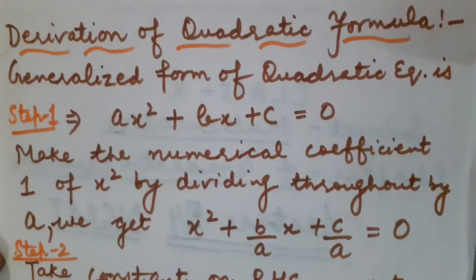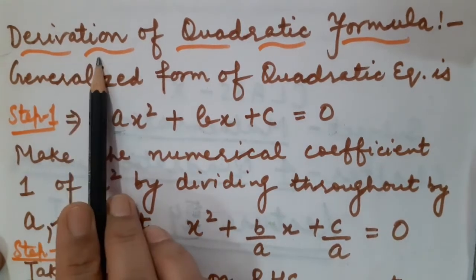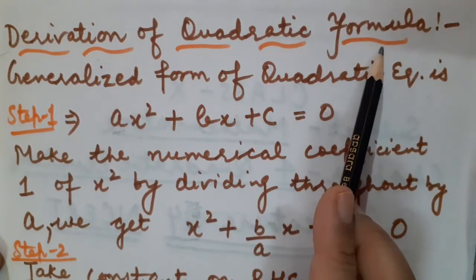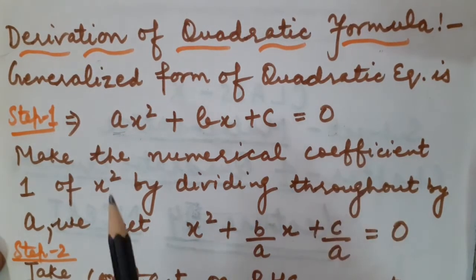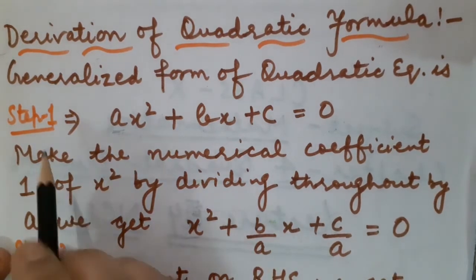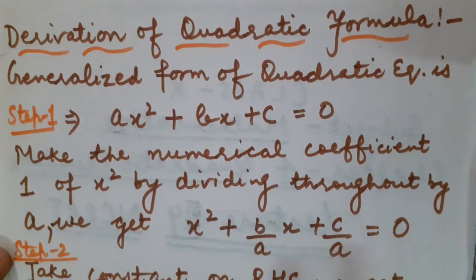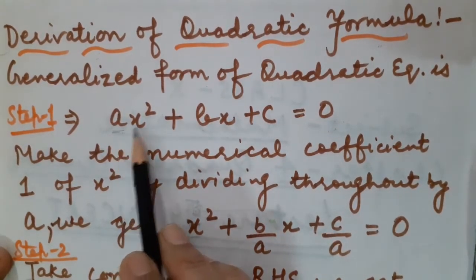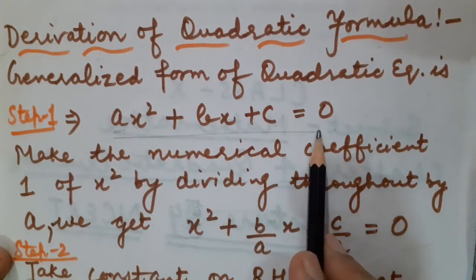Correct. Now children, I am going to make you recall the most important concept of the chapter, that is how to derive the quadratic formula by using the completing the perfect square method. Please memorize these steps. Because I am going to teach you the derivation, it should be done based on the standardized or generalized form. Fine. So, ax square plus bx plus c is equal to 0. This is the generalized form of a quadratic equation.